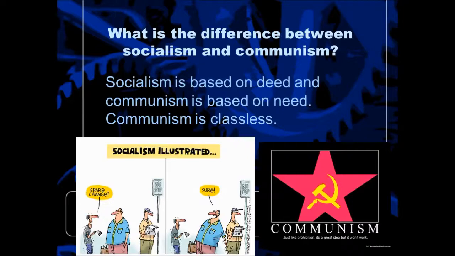Everybody is equal. In socialism, if you are this mastermind or this super scientific stud that can cure cancer, or you are the best athlete on the planet, you are allowed to rise above the others and be treated differently and live a little bit better and have your claim to fame. But those people are very few and far between. So you can't say socialism is classless. It is nearly, but not totally classless. Communism is, and that is the big difference between the two.